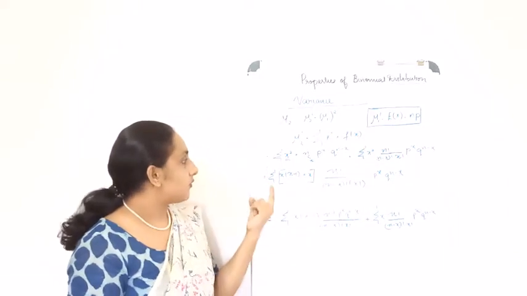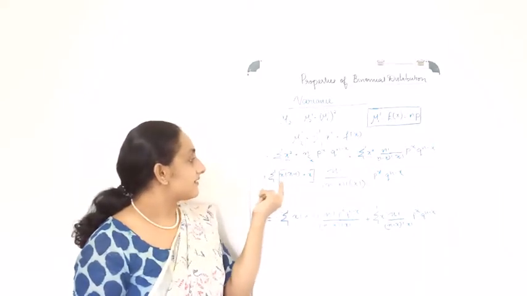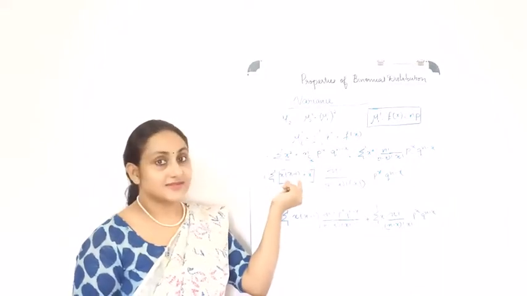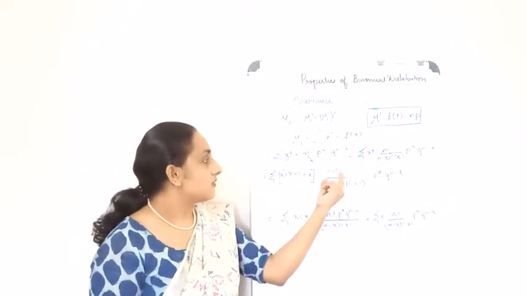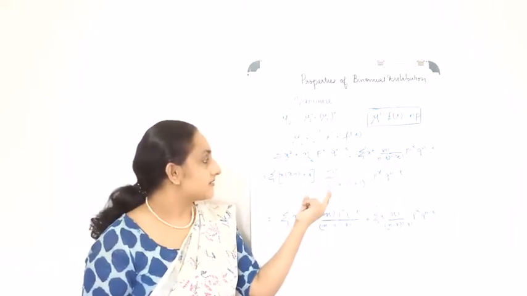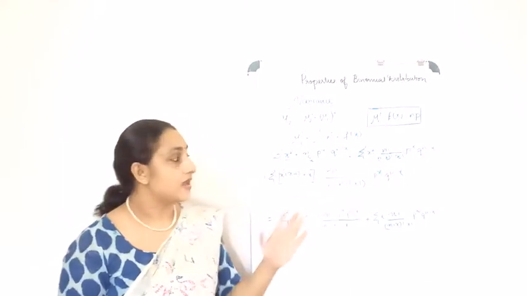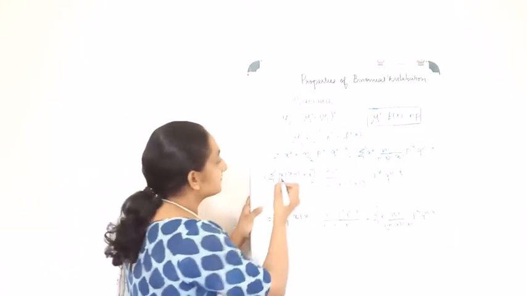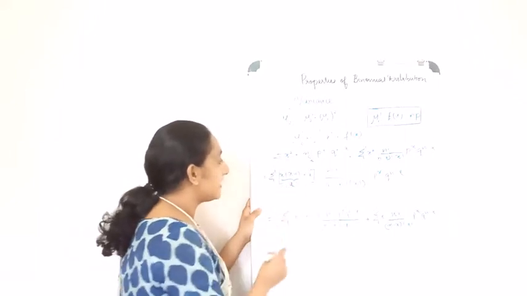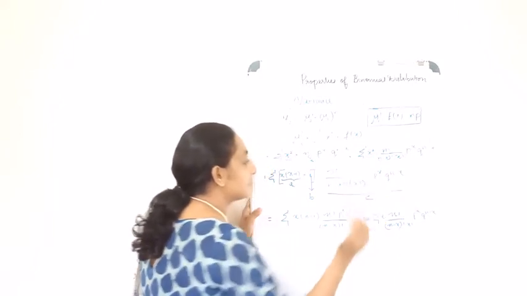So in the next step, I'm going to rewrite this x square also. x square, I'm going to rewrite it as x into x minus 1 plus x. So beware of the brackets that are given inside, into whatever is written over here. I'm going to write it over here itself: n factorial divided by n minus x factorial p raised to x q raised to n minus x. Now this is in the form of this term, that is x into x minus 1, I'm going to name it as a, x as b, and this I'm going to name it as c.